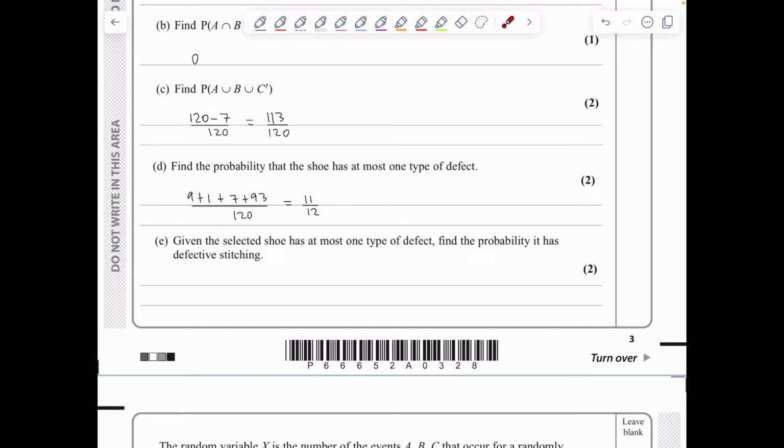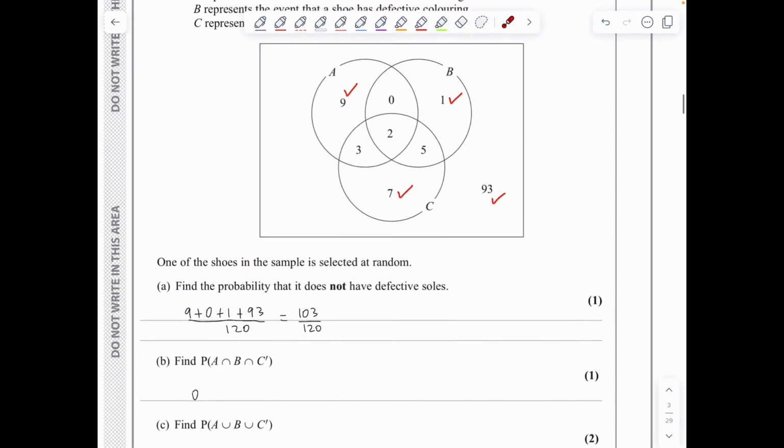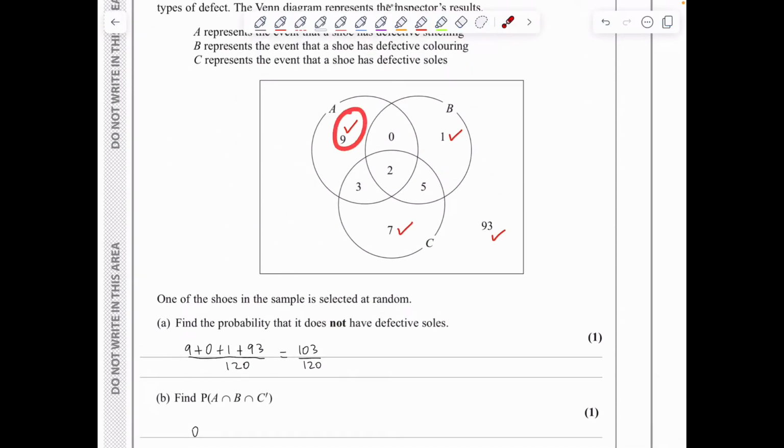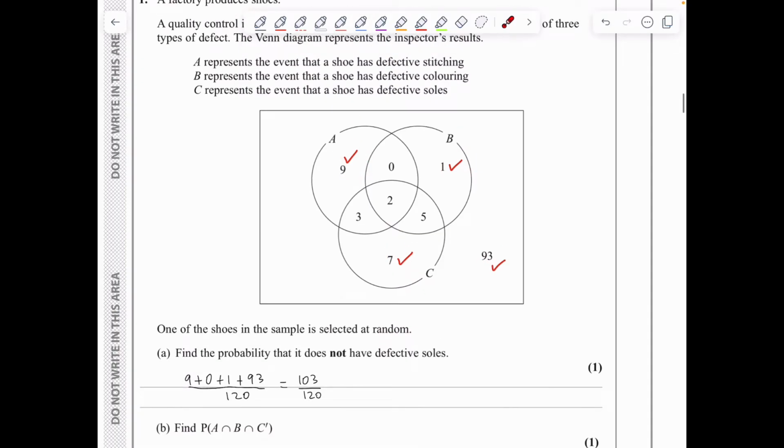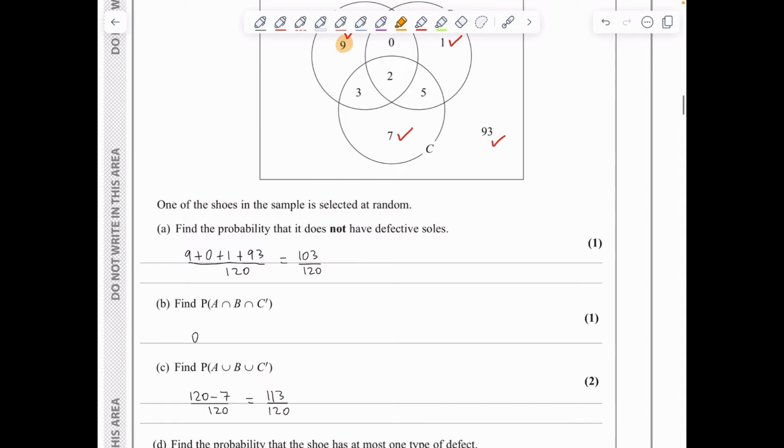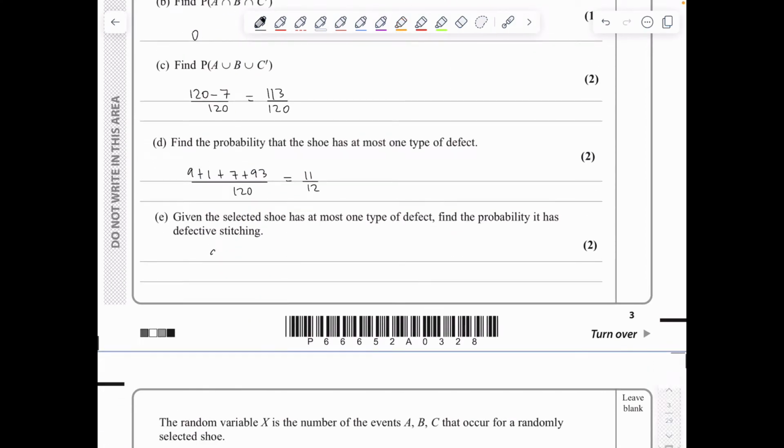In E, we are told that given the selected shoe has at most one type of defect, what's the probability that it has defective stitching? So we know for sure it is conditional probability that we have at most one type of defect. So everything we have ticked here, and we are asking what's the probability that it has defective stitching. Well, defective stitching is event A, so it's this over what we have ticked. So I will be doing 9 over the 9 plus 1 plus 7 plus 93,